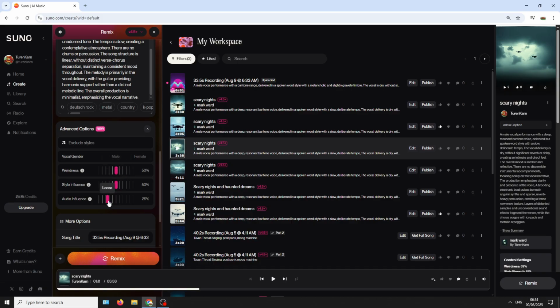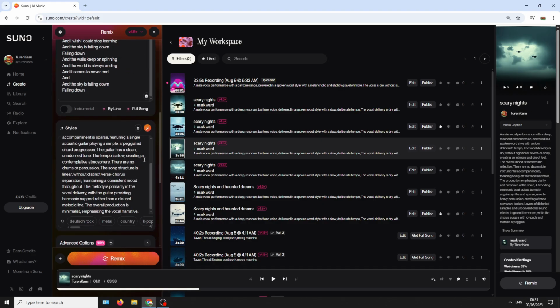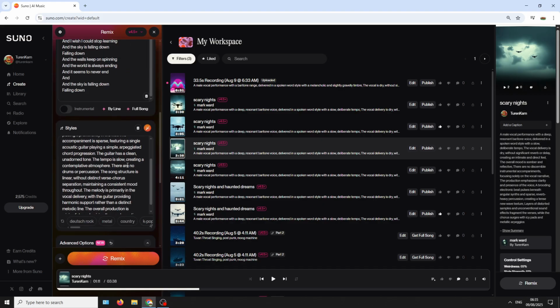Now you want your audio influence up to full, because you want it to lock onto your voice, and your styles is up to you how far you have that. The higher up it is, the more it will stick to the styles that you've picked. And weirdness is basically the AI experimenting. And so anyway, I'm going to change this.